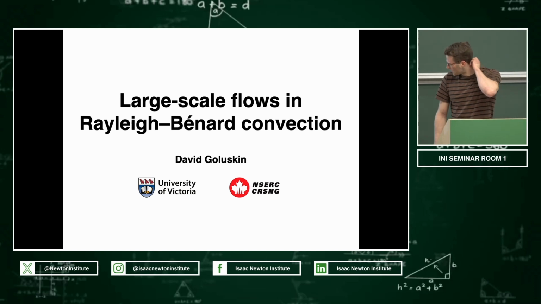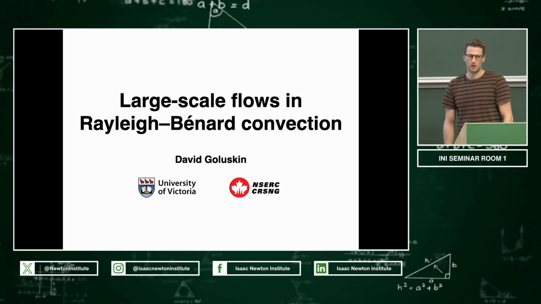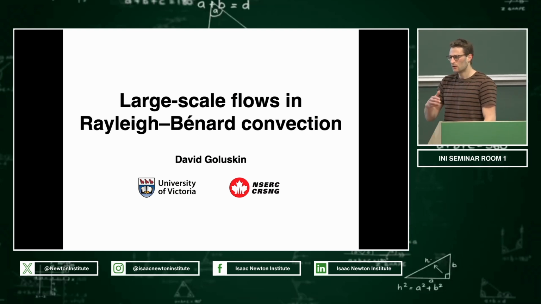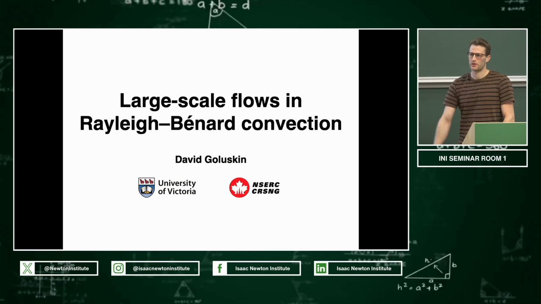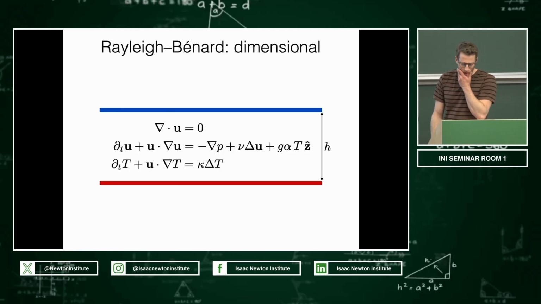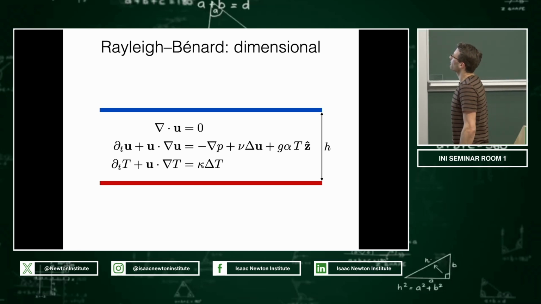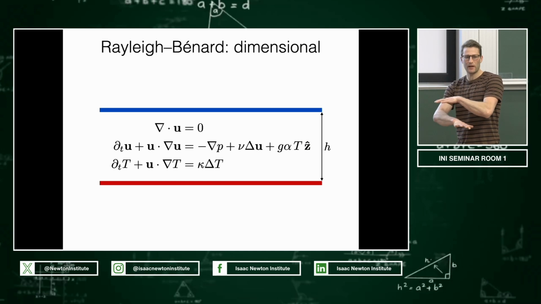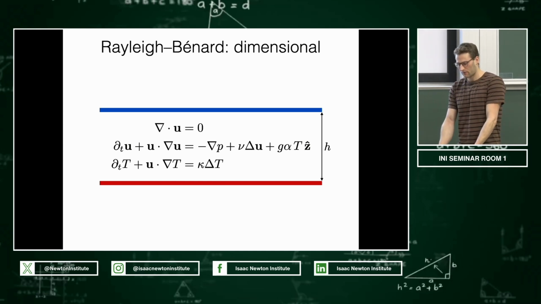I'm particularly interested in the patterns that emerge on large scales in turbulent or strongly forced thermal convection. So this is not like the weakly supercritical regime in which a lot of pattern formation studies have been done. So I'm just thinking of ordinary Rayleigh-Bénard convection. If anyone doesn't know, that's just a layer of fluid where you in some way are driving heat upward through